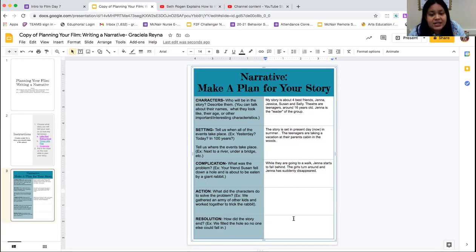And so then my next section that I would fill out would be the action. So what are the characters going to do to solve the problem? And so what my characters are going to do is